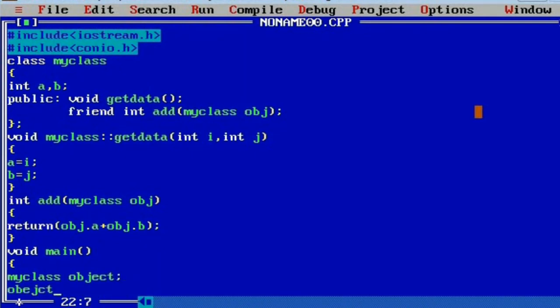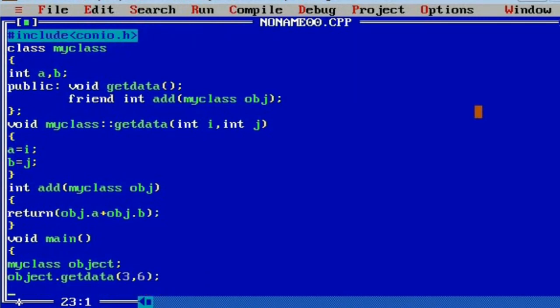Now I'll access the first member function, object dot getdata, and inside the round braces I'm going to pass two numbers. For example, I'll enter 3 and then 6, put semicolon, then cout. Here I want to print the sum of these two numbers.